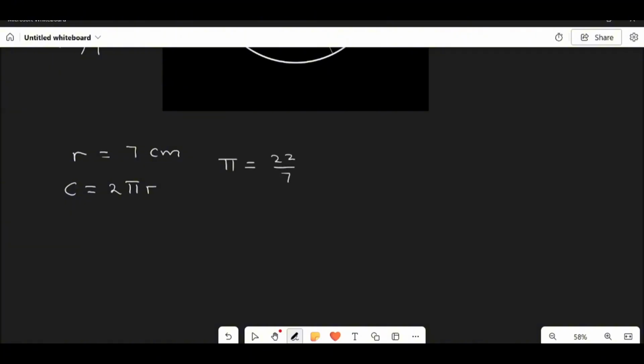Now let us substitute into the equation. C equal to 2 multiplied by 22/7 multiplied by 7. 7 here 1, 7 here 1. 2 multiplied by 22 multiplied by 1 is 44. So our circumference is equal to 44